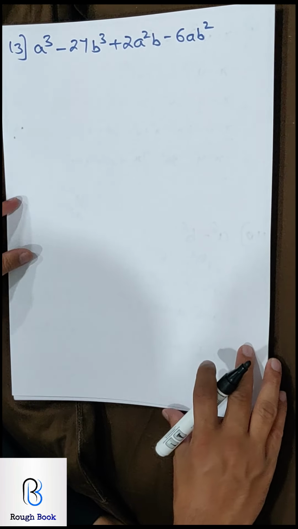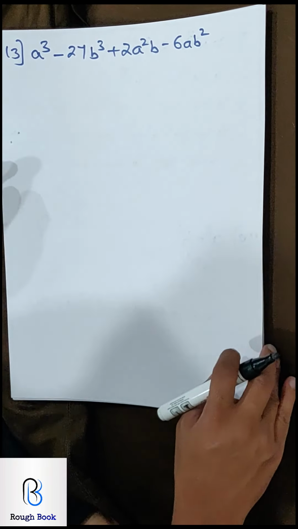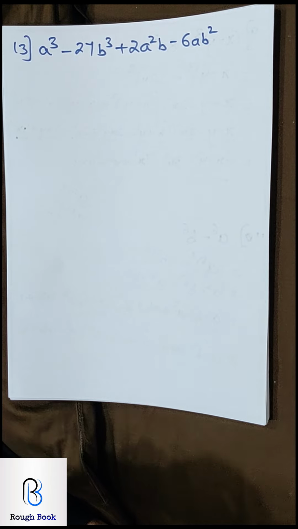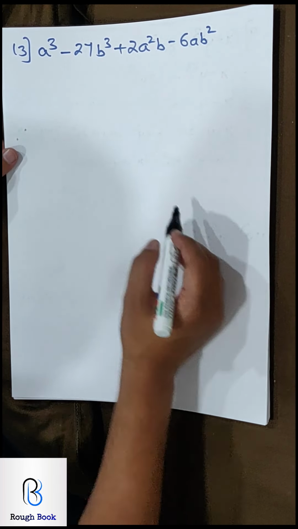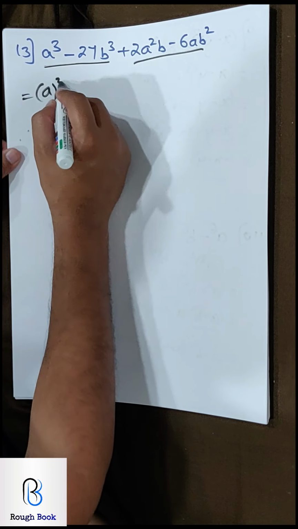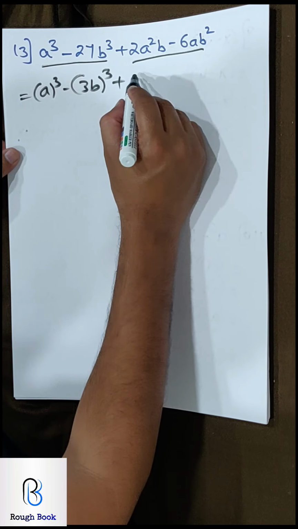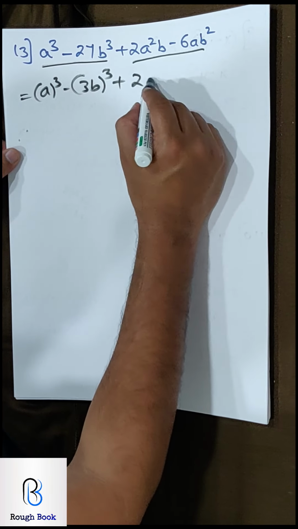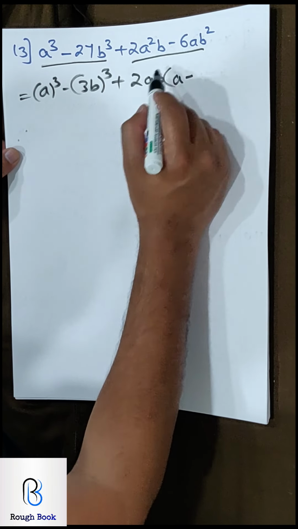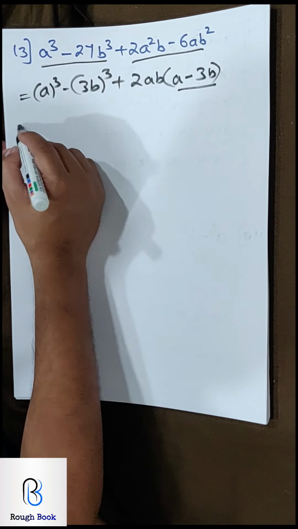Yeah, if you're done, the 13th one is there. Come on, try it. Use your brains, see what can be done. How can you go ahead with this question? Try it. It's a nice question. You can always pause the video, go ahead and see what can be done. This can be one part, this can be the second part. So this is going to be a the whole cube, 3b the whole cube. Here what is common I will pull out. So I can see 2 common, I can see 1a and 1b common. So 2 and a is gone, b is gone, so only a left. 2 1s are, so 3s are, a is gone and 1b is gone. So I managed to get this.